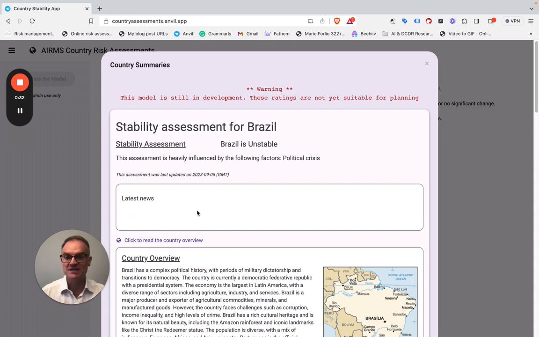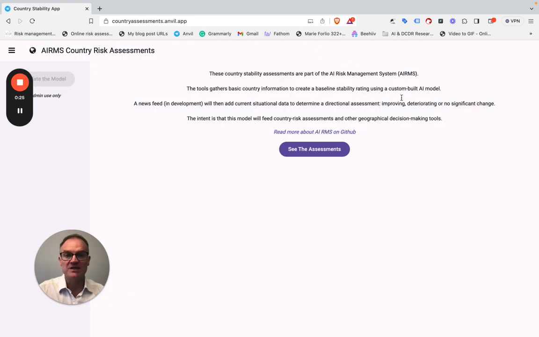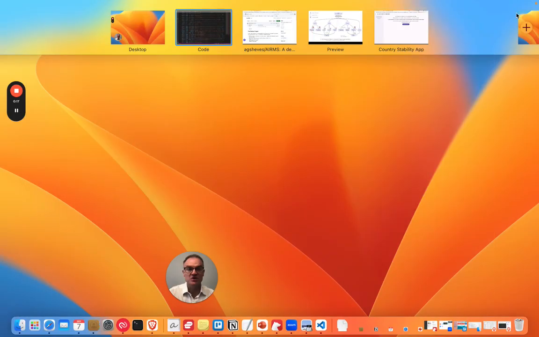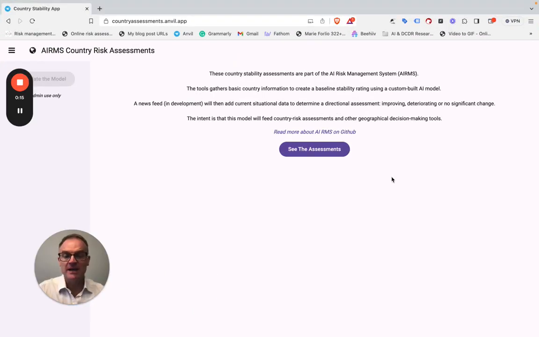The news, we just need to add the news feed, and that's going to allow us to do that directional assessment. But what I'm really pleased with is training of the model, putting all this into the model. It's given us nice, consistent results and good structured output as well as input. So that's where we are with this particular element. The next step, add the news, add a few more countries, and then start building it out. And I'll be hosting a session or recording a video to show you how to do that next, so you can train your own model and have